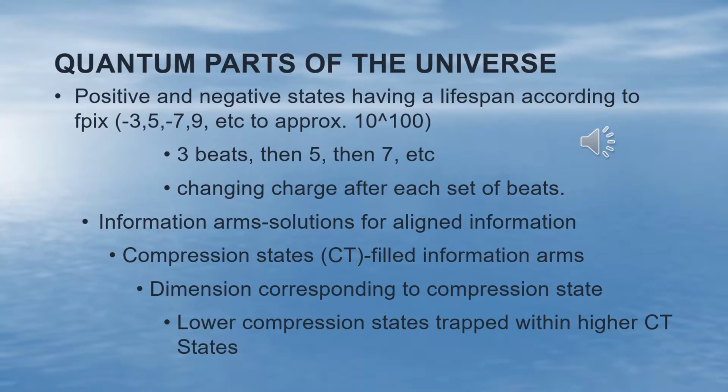The universe is made up of several specific elements. Space is the potential, but how this potential is defined is more important and more specific in algorithm universe theory. So, what are the quantum parts of the universe? The first quantum part of the universe that we will be examining is CT1, or space.